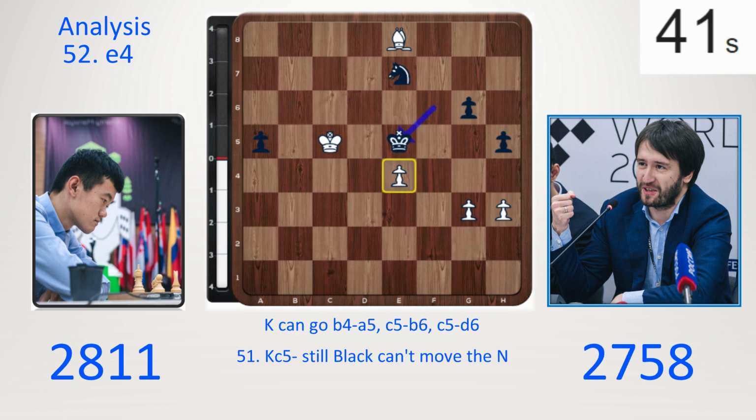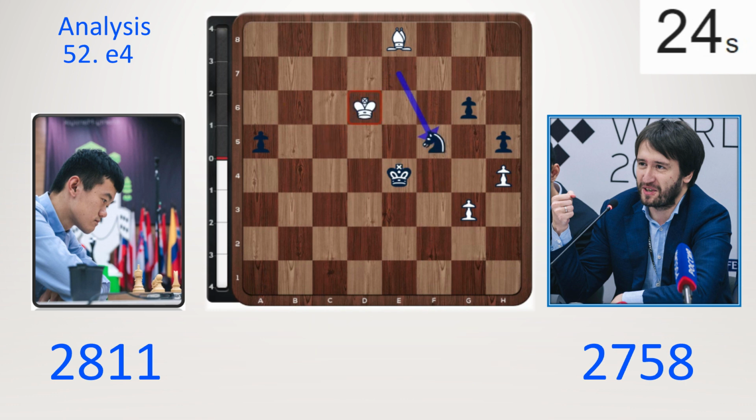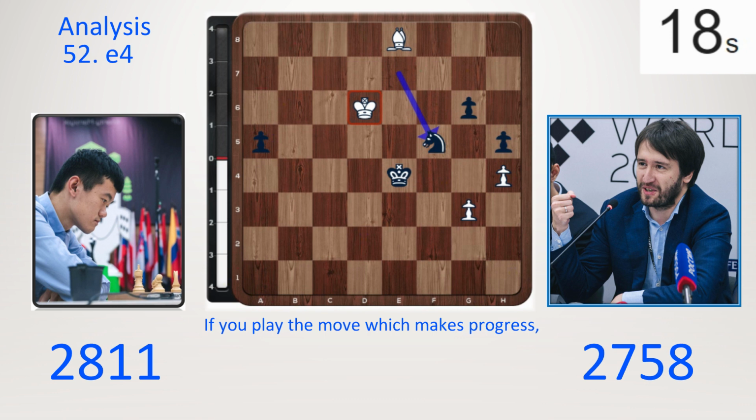Now what? White has a nice move, fixing the black pawns on h5 and g6. We begin with h4. King takes e4. If you do grab the e-pawn, then it loses control of the d6 square, so king d6 is a nice move. But after knight f5 check, perhaps Ding saw up to here and rejected it, because if you play the move, which looks like it makes progress, with king e6, it turns out to be a blunder